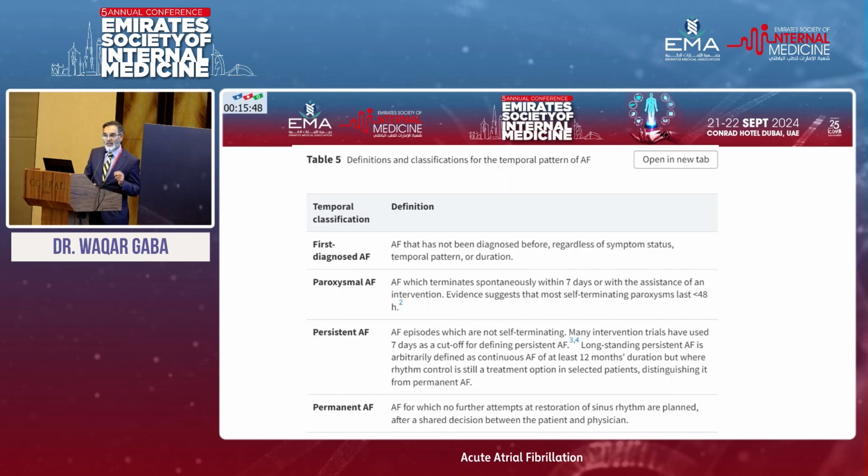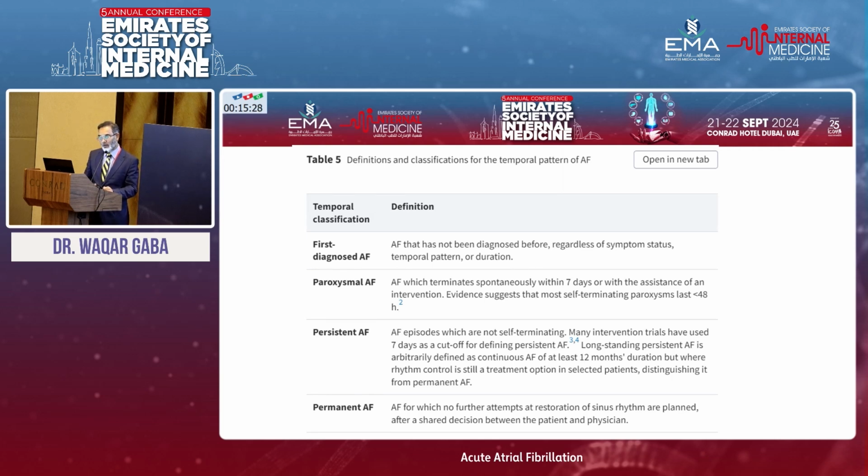How do we then temporally define atrial fibrillation of different kinds? This is very important. So first of all, it's a first diagnosed atrial fibrillation, easy, because this is the first time we have encountered it. Next is paroxysmal atrial fibrillation, which comes and goes, but within 7 days. Persistent is when you go beyond 7 days, you still have this atrial